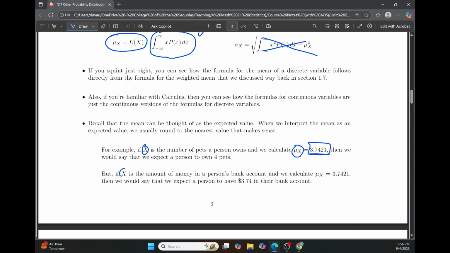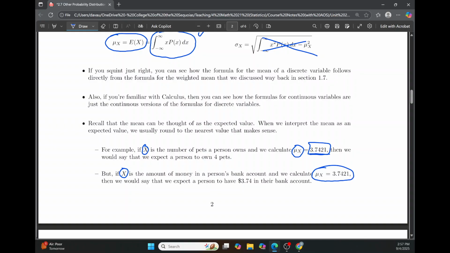Let's say that x this time is the amount of money in a person's bank account. And let's say that, once again, mu sub x is 3.7421. This poor person, right? Or actually, this is an average, so this is the average of a bunch of people. So a bunch of people who are broke, I guess. Anyway, so it's totally appropriate to say that the average amount of money in a person's bank account is